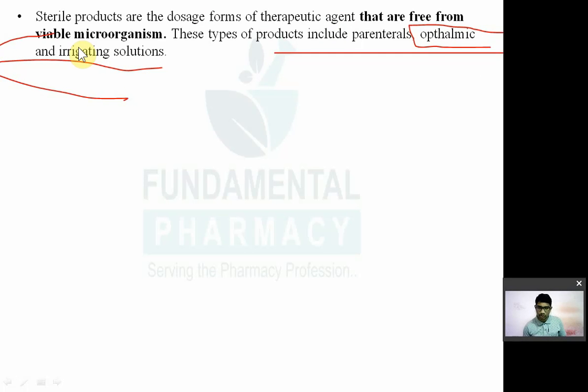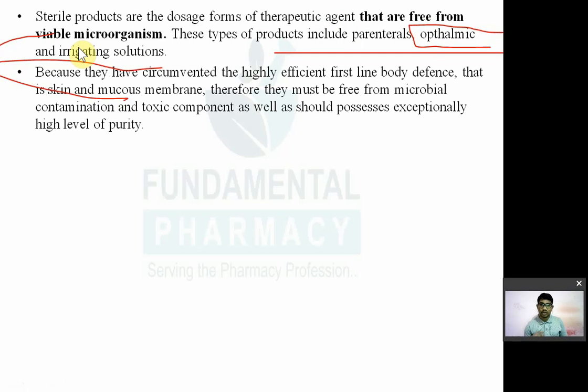Irrigation of the kidney, or of any internal organ such as the stomach. So all the irrigating solutions should be isotonic and free from any form of viable microorganism, because they have circumvented the highly efficient first line of body defense, that is nothing but the skin and mucous membrane. Therefore they must be free from microbial contamination and toxic components as well, and should possess an exceptionally high level of